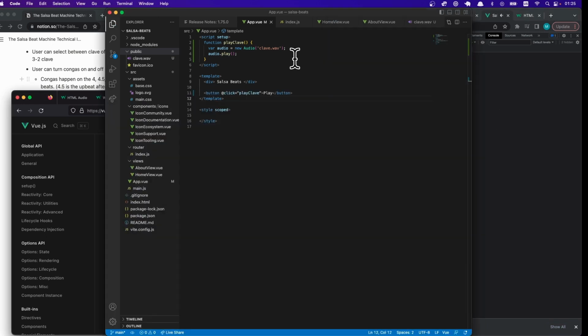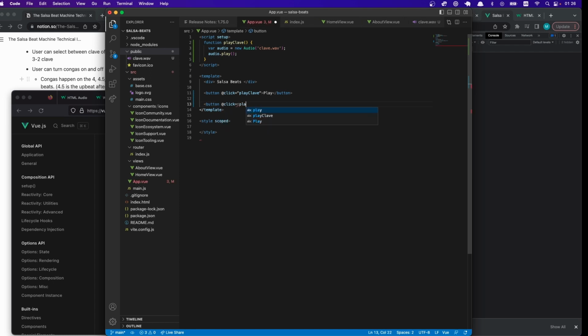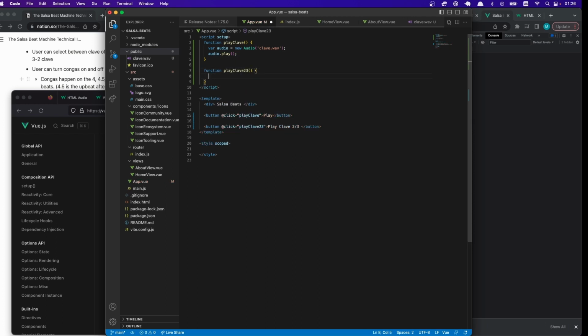Okay, so now that we have the Clave, what we can do is we're gonna add another button. Play 3-2 Clave. Let's do 2-3. Okay, and here is where we're gonna do some magic, right? We're gonna try to code the 2-3 Clave. Again, we're gonna load the audio file, but we're not gonna play it immediately. We're gonna only play it